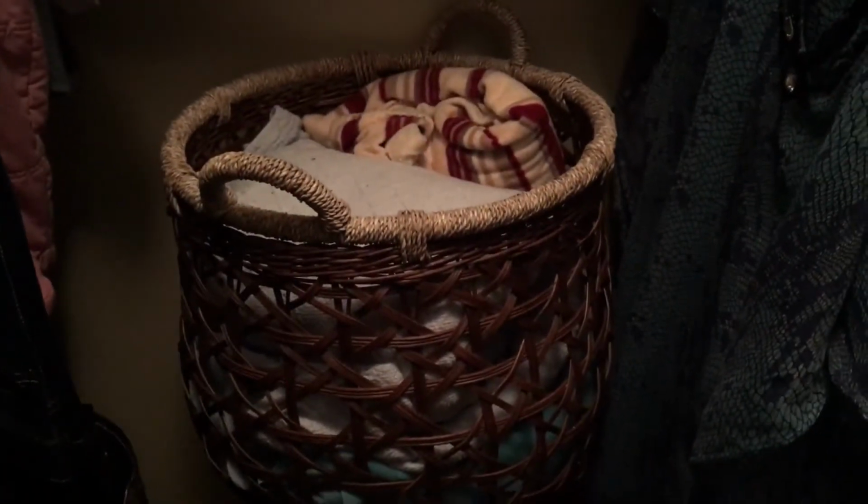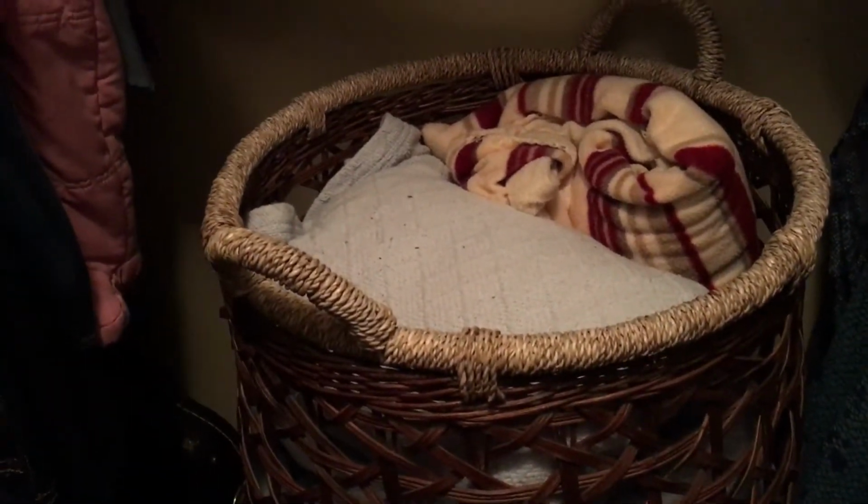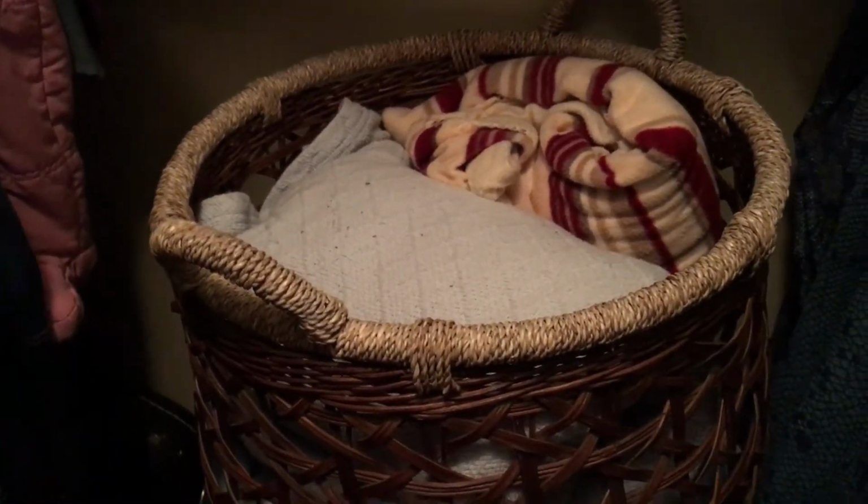But right now I'm just currently using it to put extra diapers, toilet paper, and then I have this basket on top. This basket has more blankets. These are my dog's blankets, so they sleep in their crate, but I switch out their blanket quite often as well, just to keep it clean. So these are their blankets because I have 2 little puppies, a Chihuahua and a Pug, and they just love